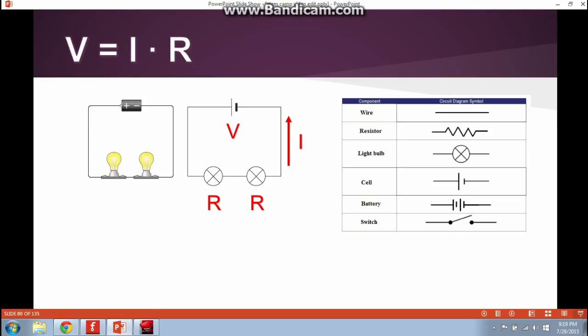But remember, as the guy pointed out in the previous video, the electrons are actually flowing the other way. So you don't have to worry about that, because everything we do is going to be in convention. But just remember that the electrons are actually flowing in the other direction. Also pictured here are resistances as light bulbs. Remember that